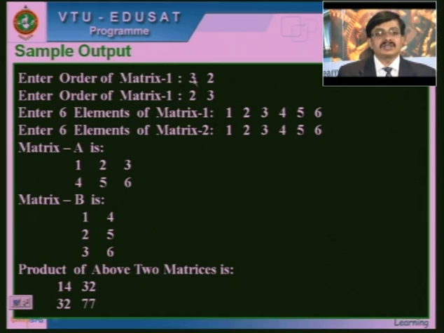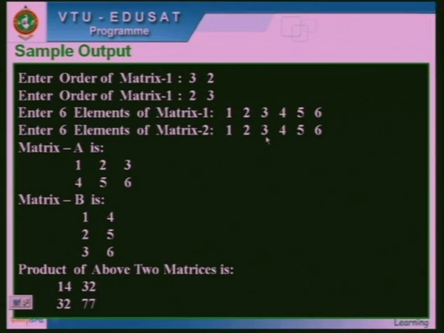Since the order of the matrix is 3 cross 2, we have 6 elements in matrix 1. So enter 6 elements of matrix 1. I am entering 1, 2, 3, 4, 5, 6. This is entered in row major order. Sorry, here 3 cross 2 is the order of the first matrix. So we will have 1, 2, 3 as the first row elements, and 4, 5, 6 as the second row elements. So basically here